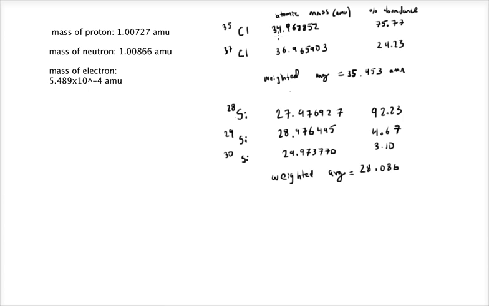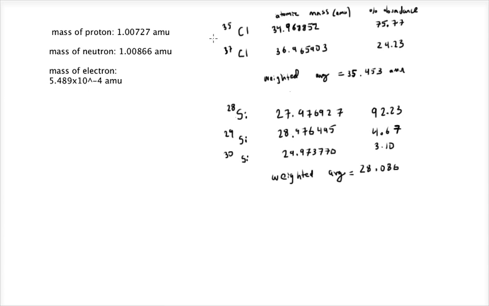So for example, your grades in my class are about 60% test, 20% homework, 20% lab. So if you do really well in labs, that'll have more of an effect on your grade than doing really well. If you do really well on tests, it'll have more effect on your grades than doing really well in lab or homework. And so the way that this is done is you just get the kind of percent abundance of each isotope and that isotope's atomic mass. And then you get the weighted average of those isotopes,